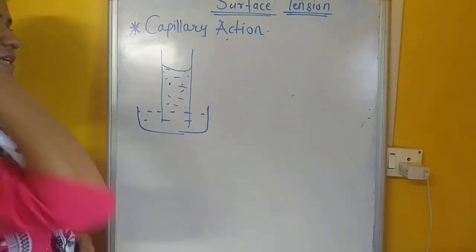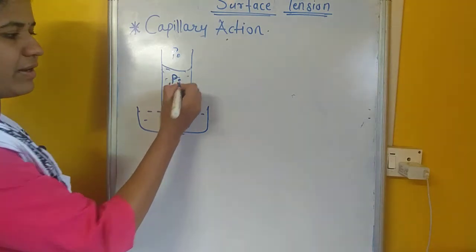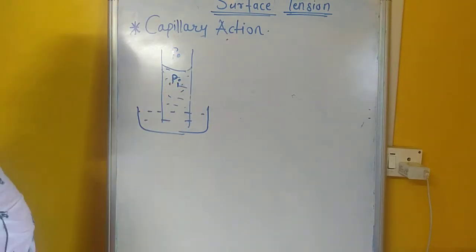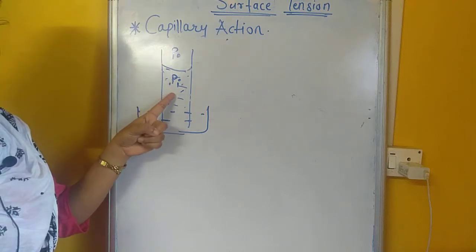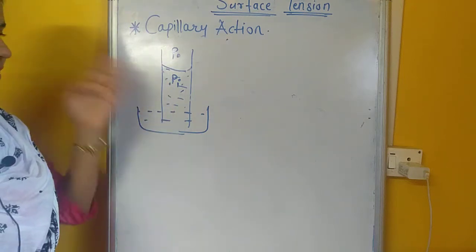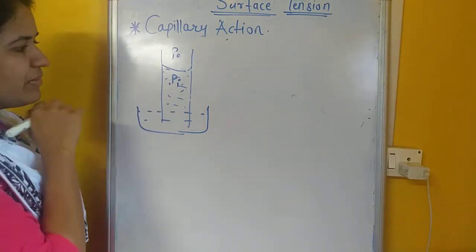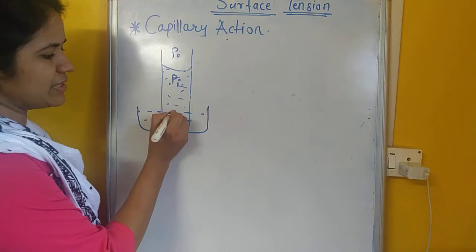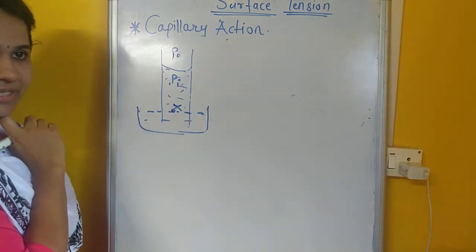Okay. Consider this one is atmospheric pressure P0 and this one is inside that capillary tube, pressure Pi. You know the clear concept: P0 is high, so Pi is less, so by capillary pressure the liquid rises. All these are, you know that. So now, first consider this point Px, which is at the same height,